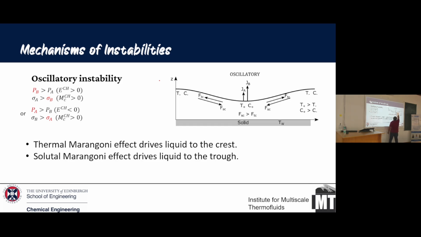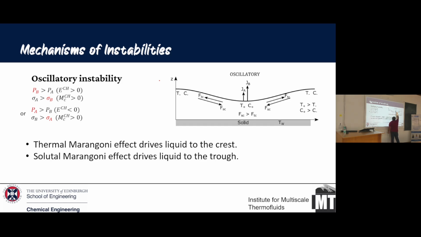So the temperature, because it's close to the solid, is higher in the crest than in the trough. So T plus and T minus are in the same direction as before. So you've got a thermal Marangoni which is pulled in that way. But in this case, your